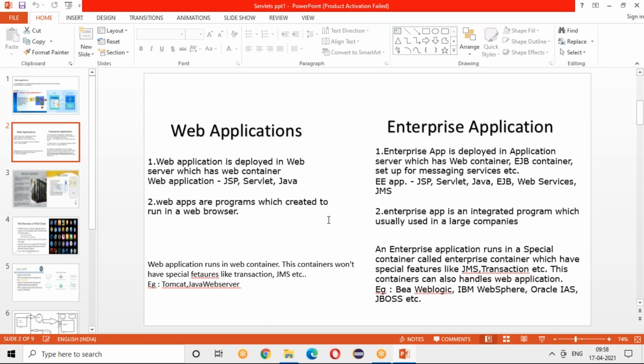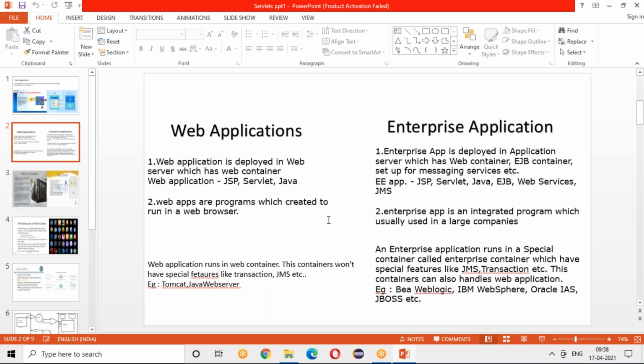For example, you need a messaging service, right? And you need transactions, which are very important at your backend, right?